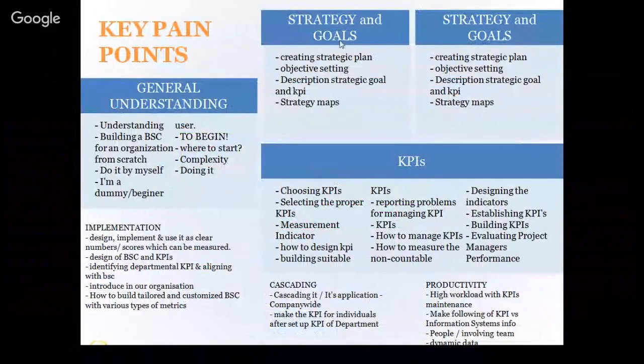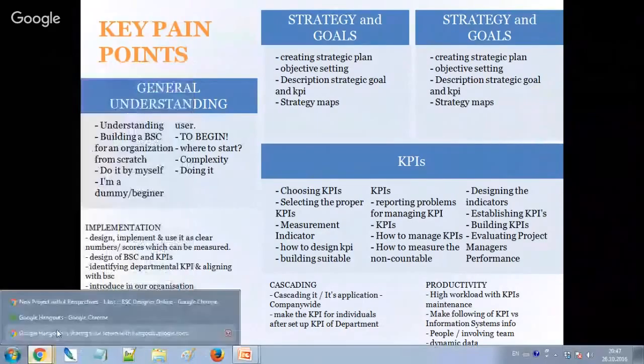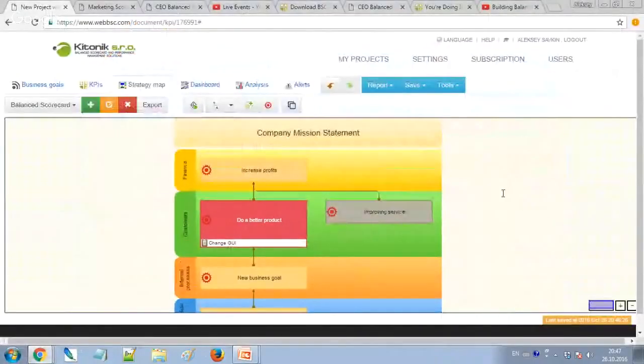Now, I think that answers the questions regarding the goals and the objectives. Actually, there is no difference between goals and objectives. People tend to call objectives the goals that are a little bit more specifically defined. Yeah, and creating a strategic plan. What is a strategic plan? I think that the strategy map is a much better strategic plan than a paper